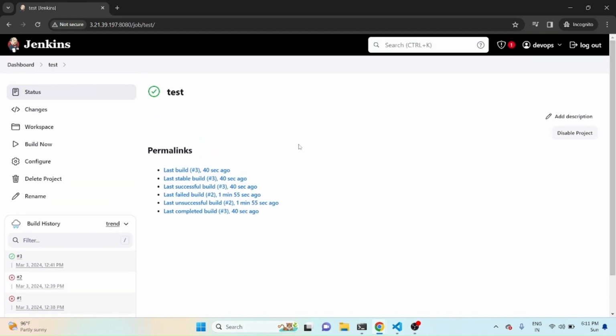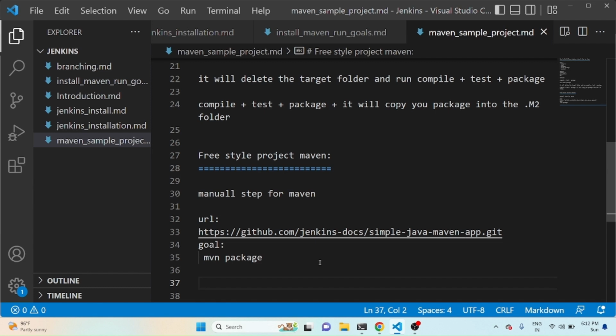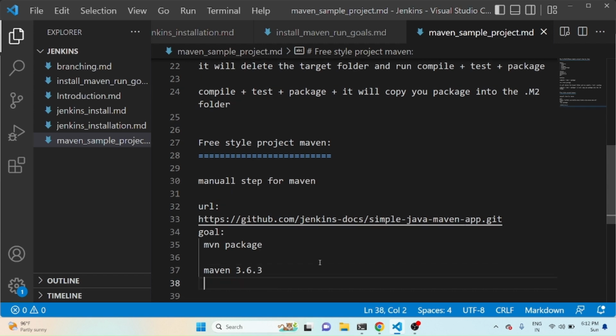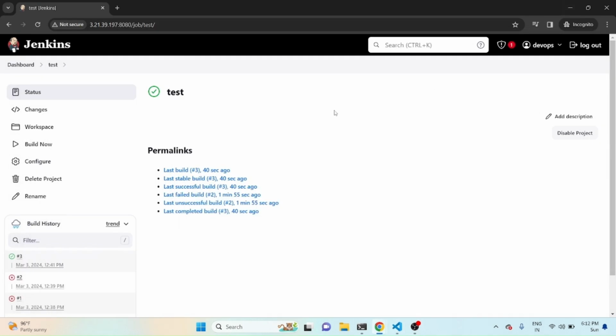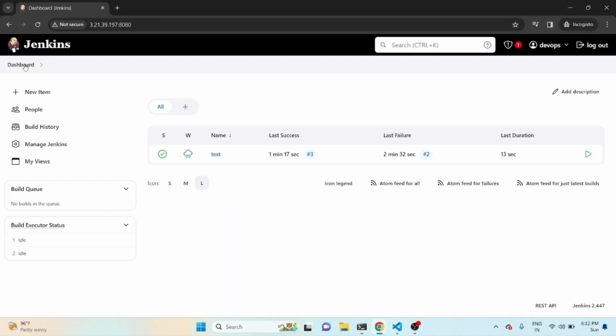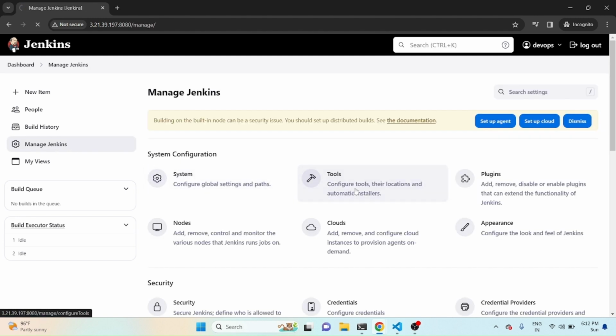Before automating that, we need a solution here. For example, we have two Mavens, Maven 3.6.3 and Maven 3.9.6, installed on your server. If you are dealing with multiple packages, you just have to set that up in the tools section in Jenkins. For setting that, go inside Manage Jenkins, go inside Tools,